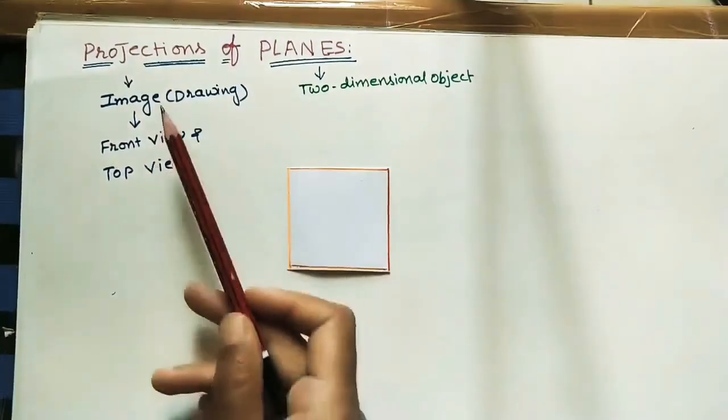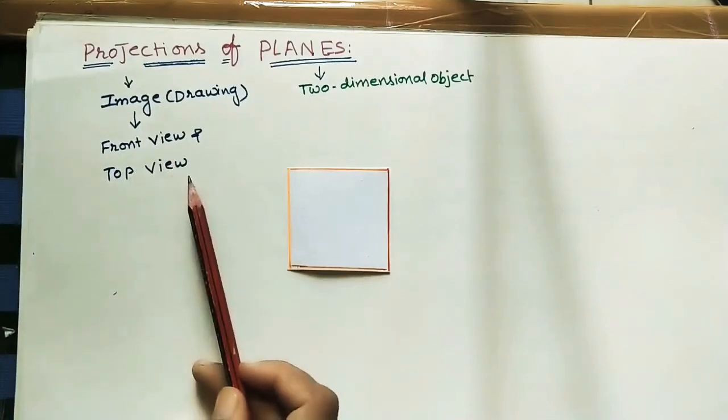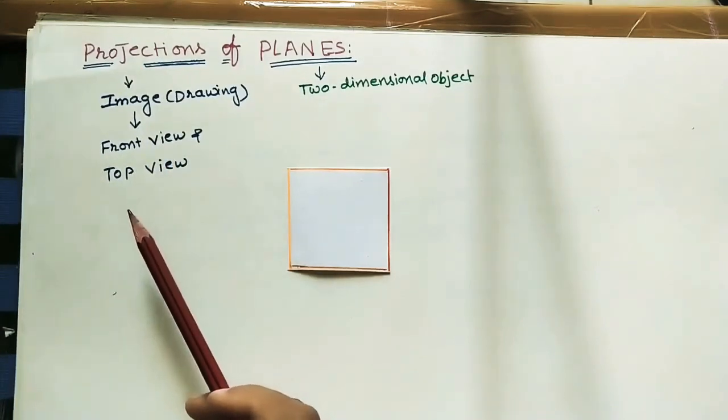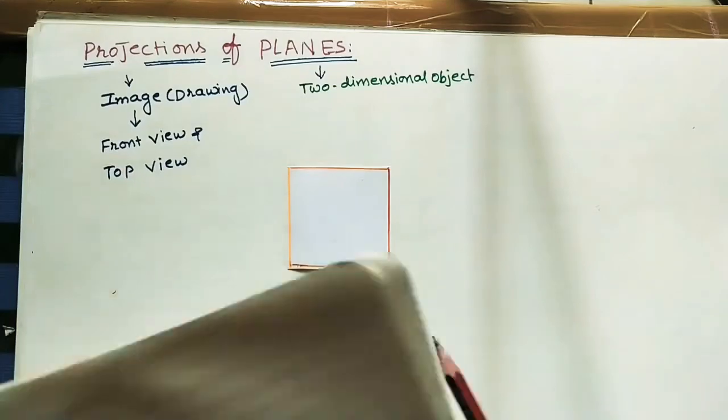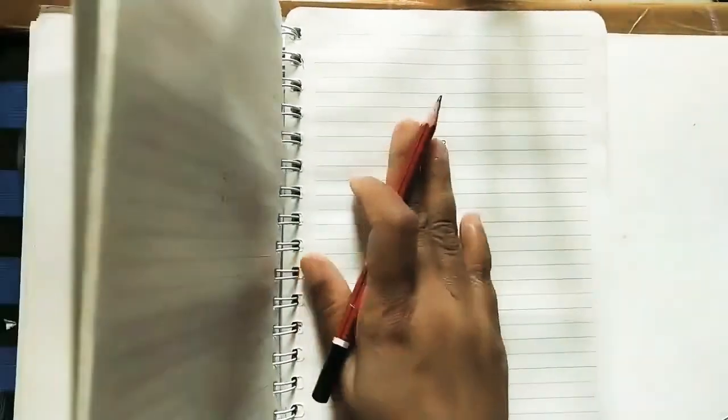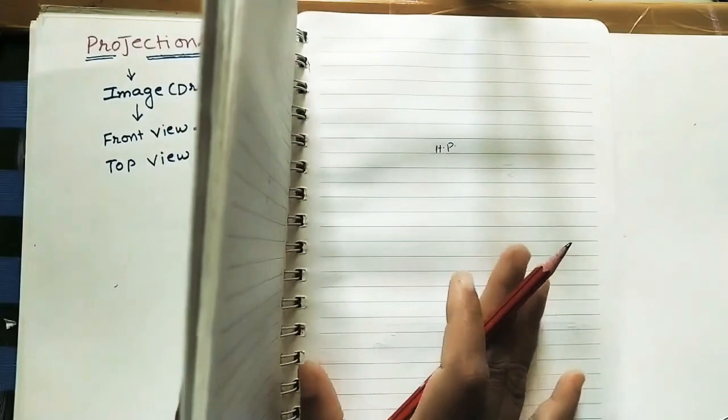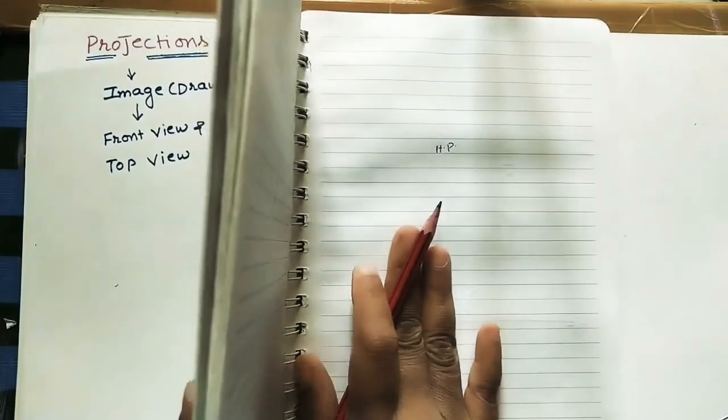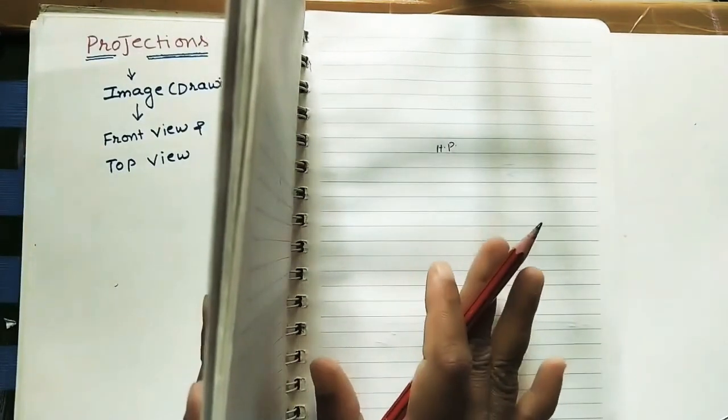As we know, for marking the projections, that is front view and top view, we are using the 2 planes, that is the horizontal plane and the vertical plane. So here this is the horizontal plane and this is the vertical plane, and this portion is the first quadrant. So in the first quadrant we are taking all the planes, we are doing the front view and top view, according to the given position of the plane.